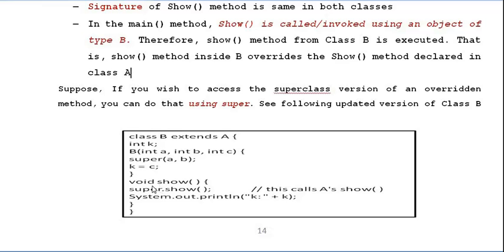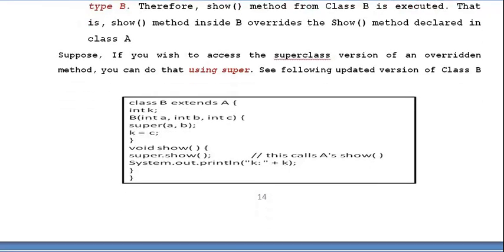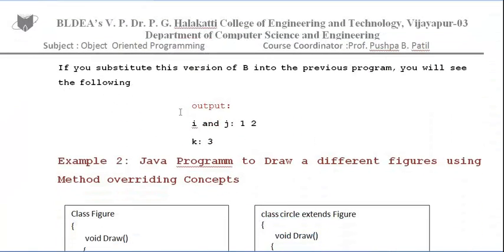k value. So using void show, whenever you create object of this B, you call the show method. This show method in turn calls the show method of the base class using super keyword, then it displays this one. So through this method we can display the instance variable of base class as well as the derived class. We know that instance variables of the base class are i and j, and k is from the derived class. So coming to the output of this program, it is i j equal to 1 2, k equal to 3.